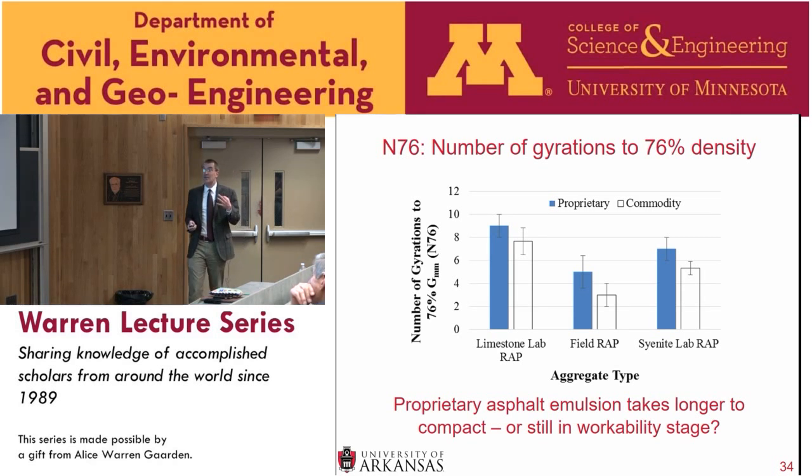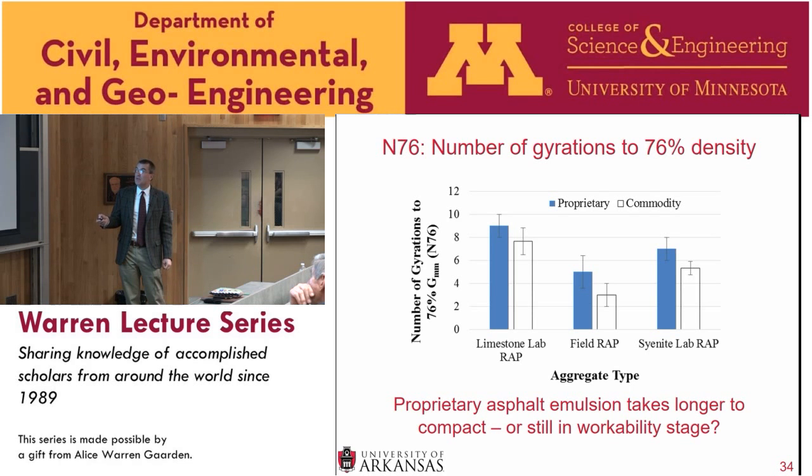And then we looked at 3 different types of aggregate. 1 was from the field, and 2 were produced in the lab. The field wrap here, this was milled off an actual roadway. I think it was College Avenue in Northwest Arkansas. And it used a limestone aggregate. So in the lab, we simulated making that limestone aggregate wrap in the laboratory,